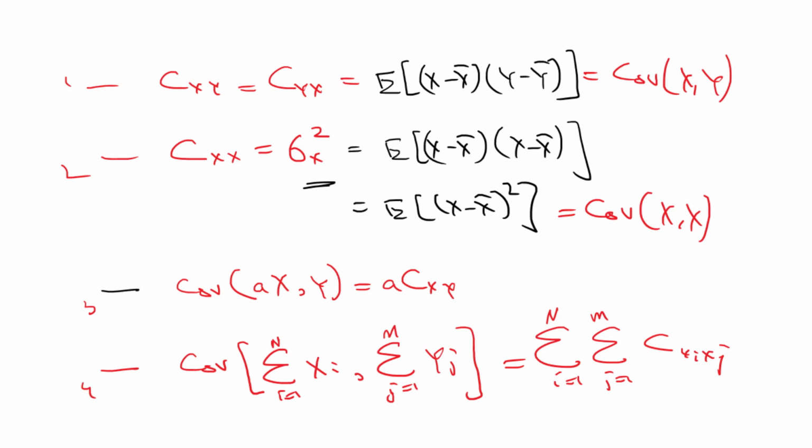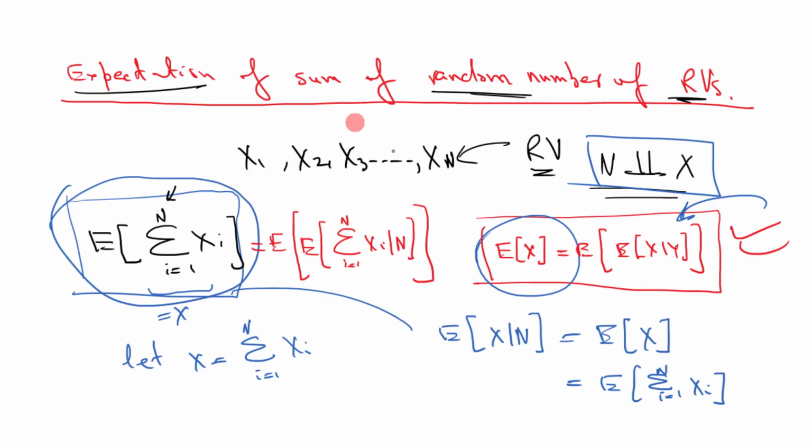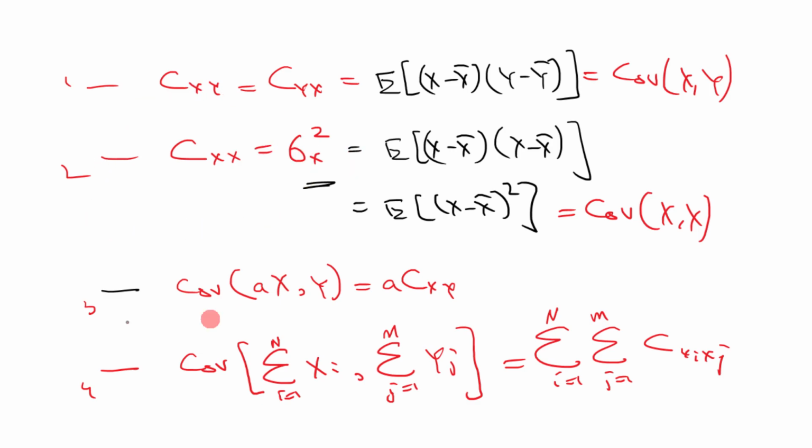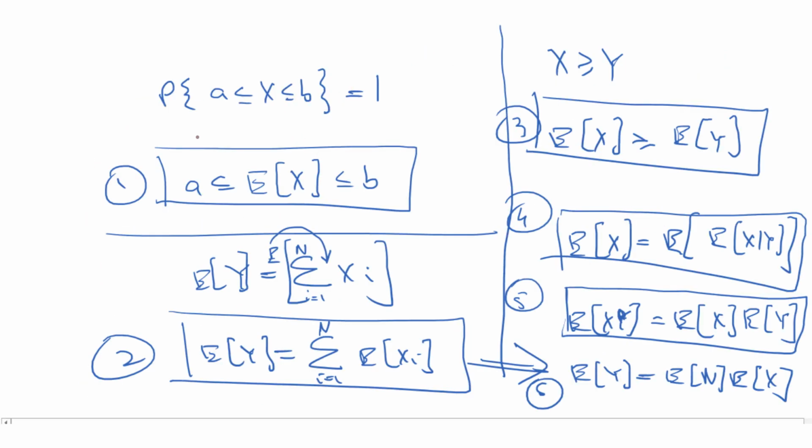In today's lecture, we have solved two examples in which we have used these properties. One was the example where you determined the expectation of the sum of a random number of random variables, whereas in the other example you determined the expectation of x. So you can practice these properties yourself and try to solve problems. This is the end of today's topic, which was about conditional expectation.